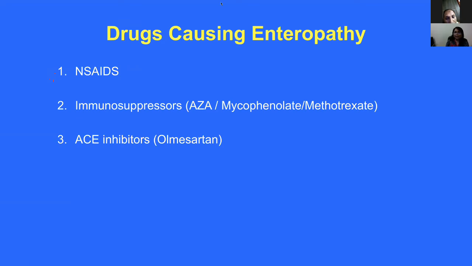What are the drugs which can cause enteropathy? These are the NSAIDs, which are very commonly used by patients. Immunosuppressives in the form of azathioprine, mycophenolate, or methotrexate. ACE inhibitors, especially olmesartan, have been linked to villus atrophy in patients with duodenal biopsy or secondary to